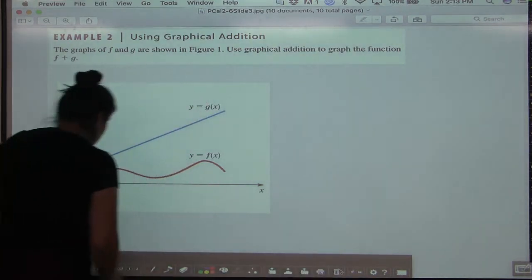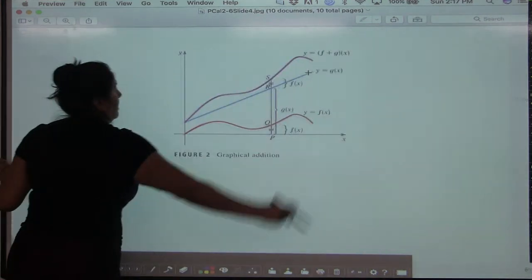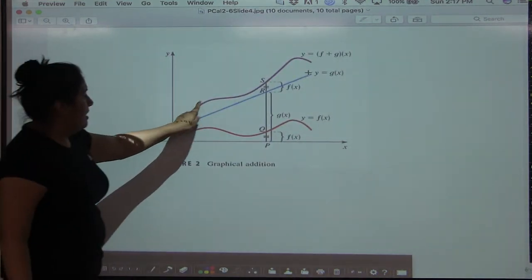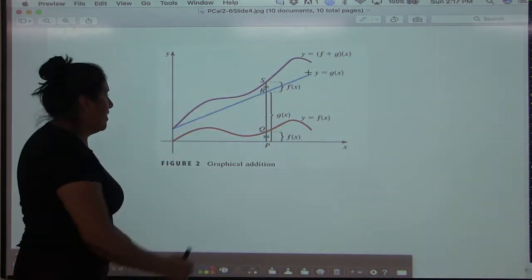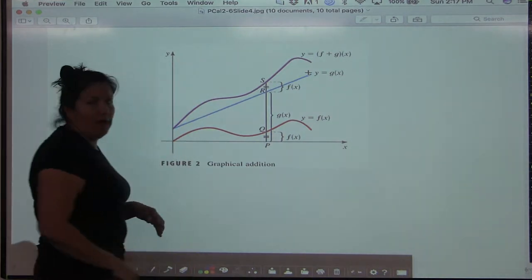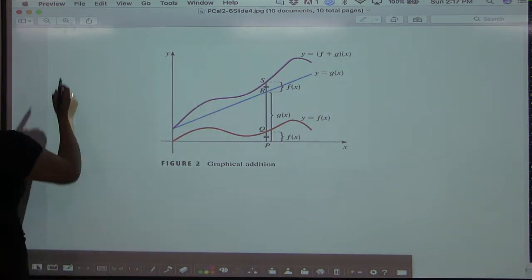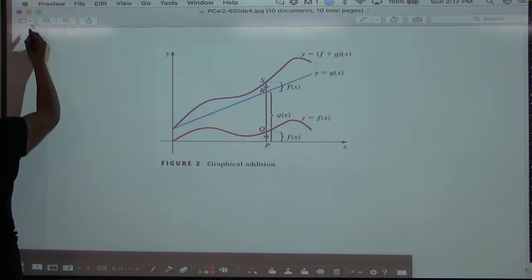So I want you to see now what the actual graph ends up looking like, and there you go. So you can kind of see that same progression. If we would have kept going with the values that we were using, we would have eventually gotten the same graph. So not a really hard thing to do, but I just didn't want you to get confused when you saw that. Alrighty, so then we're going to move on